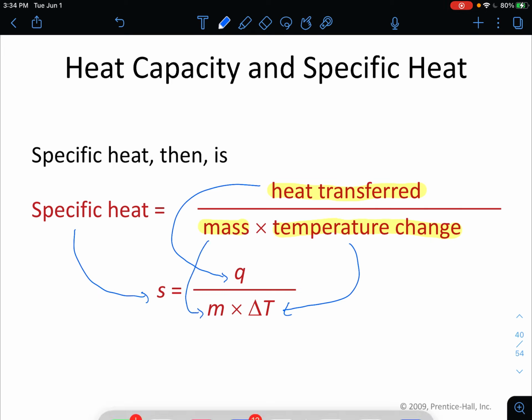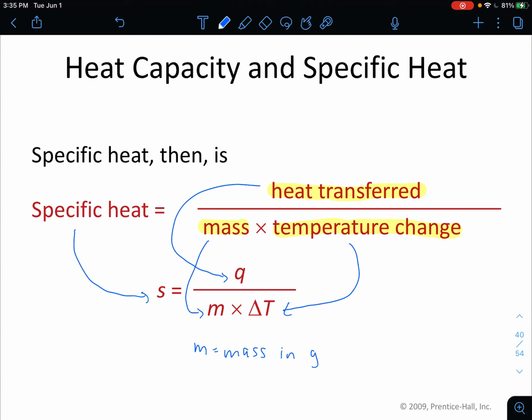And we're going to use M as a mass in grams. So it's not SI, like with kilograms like you saw for some things earlier. It's still going to be a mass in grams when we talk about it. So now we have a relationship between the specific heat, the amount of heat transferred, the mass, and the temperature